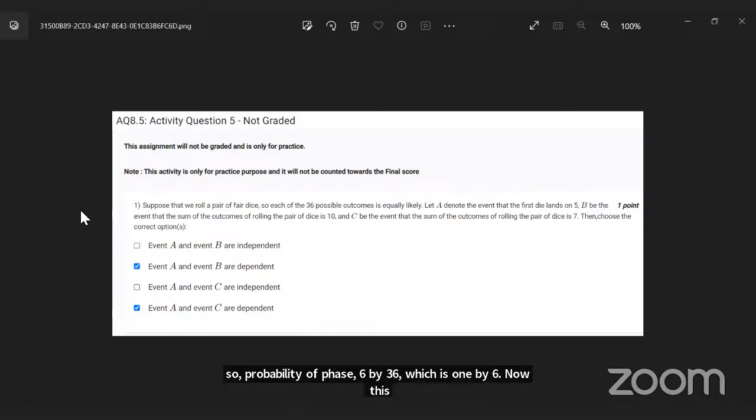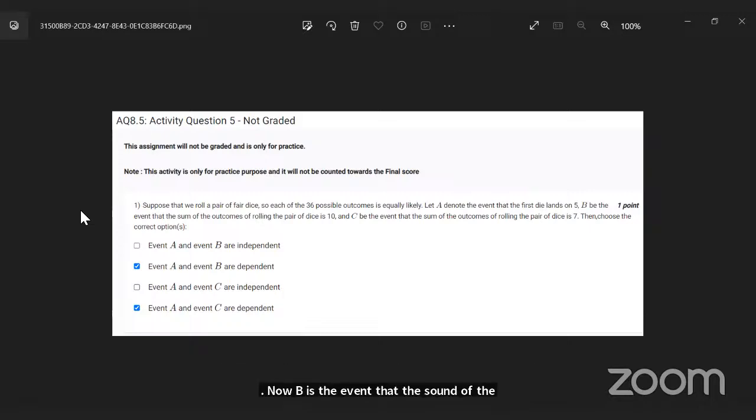Now B is the event that the sum of the outcomes of rolling the pair of dice is 10. In that case, the possible outcomes are (4,6), (5,5), (6,4). So you have 3 out of 36, so 3 by 36, which is 1 by 12. Now for C, the sum of the outcome is 7. So the possible outcomes for this event are (1,6), (2,